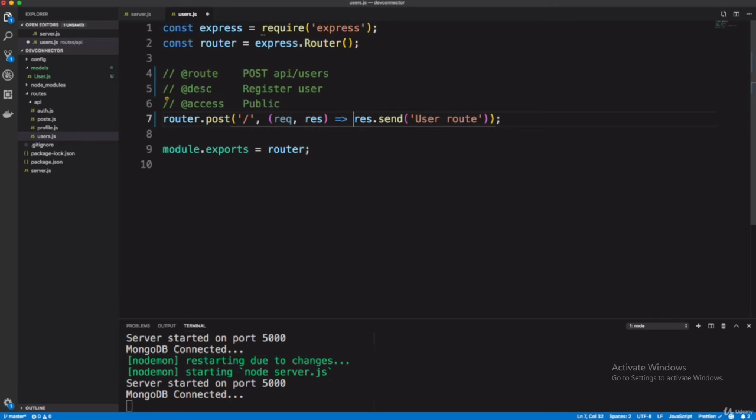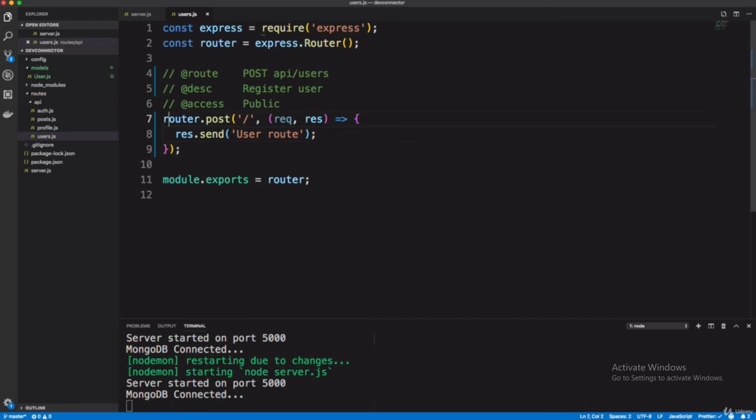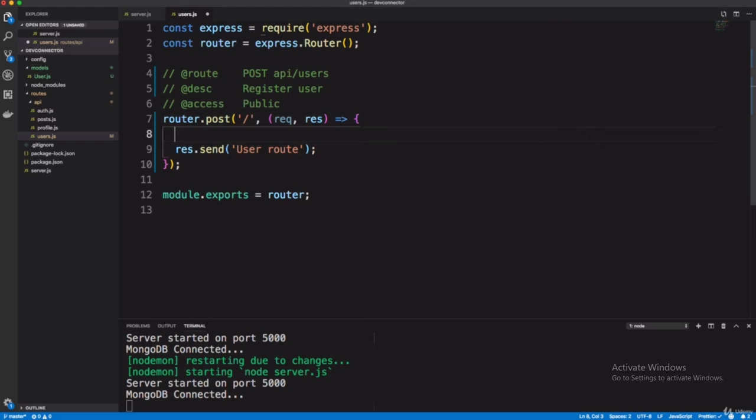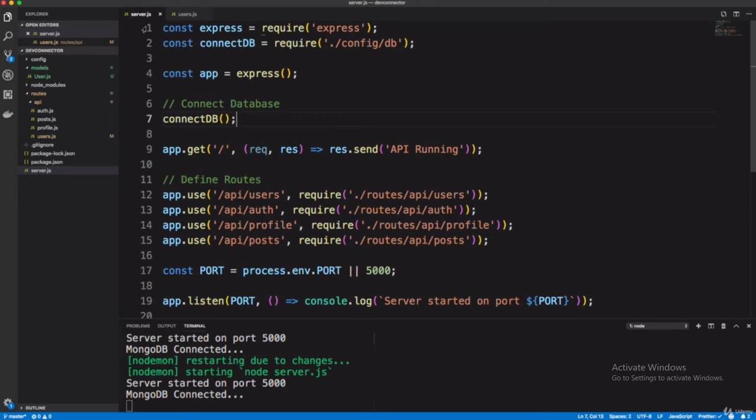For the registration page you have to fill all this into the curly brace because there are multiple lines. Here after the curly brace you should console request.body. What it does is, whatever values you fill in the body section, you can console it here. What you are giving as the value there, you can see it here. It takes all the values from the body section.